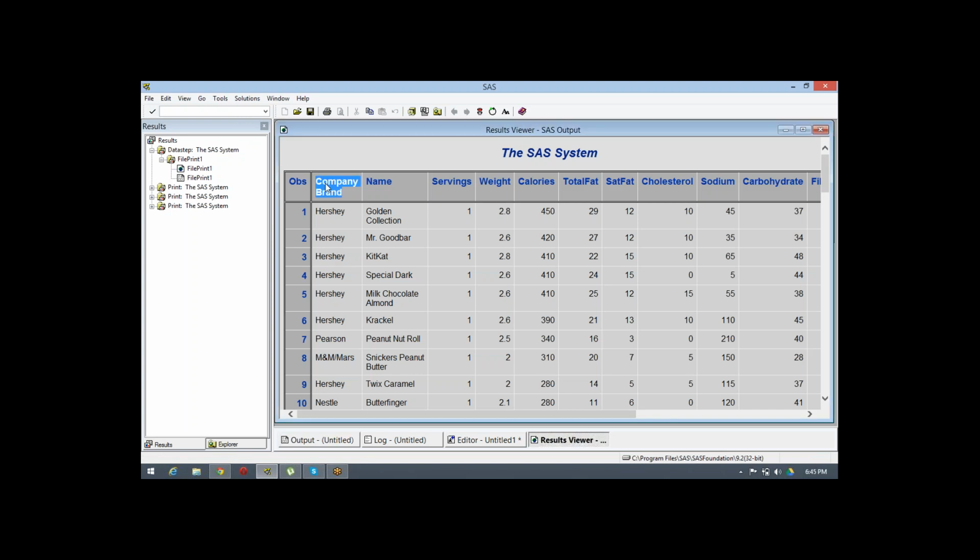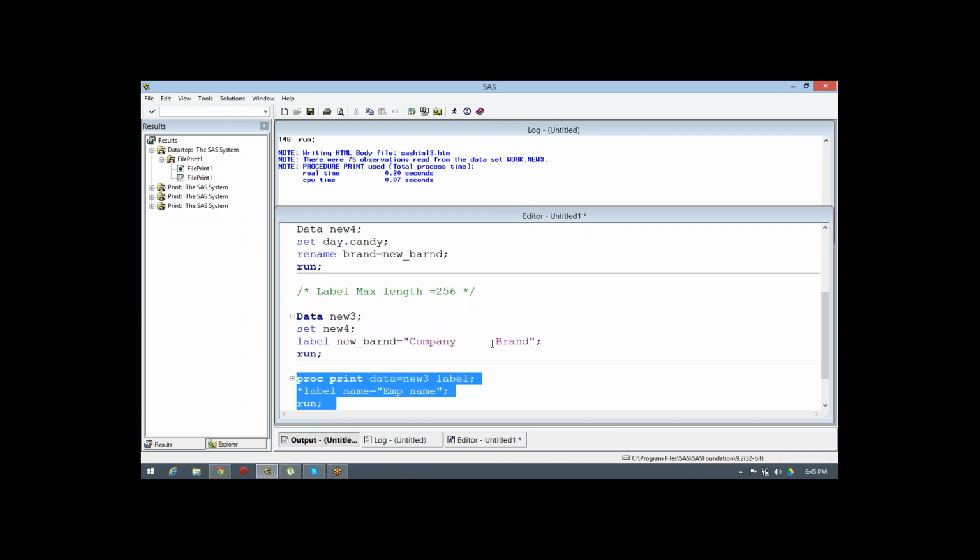This was a permanent label which we created in the data set. So now the preference is the label first. If the label is not there, then the name comes second. Correct?